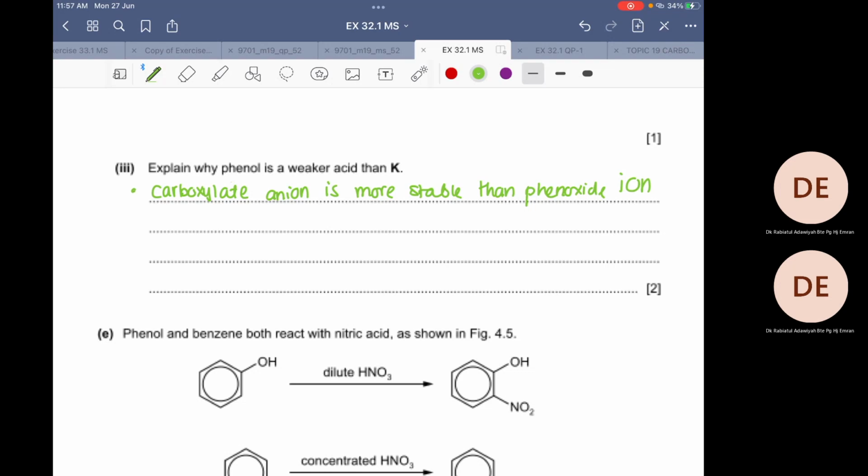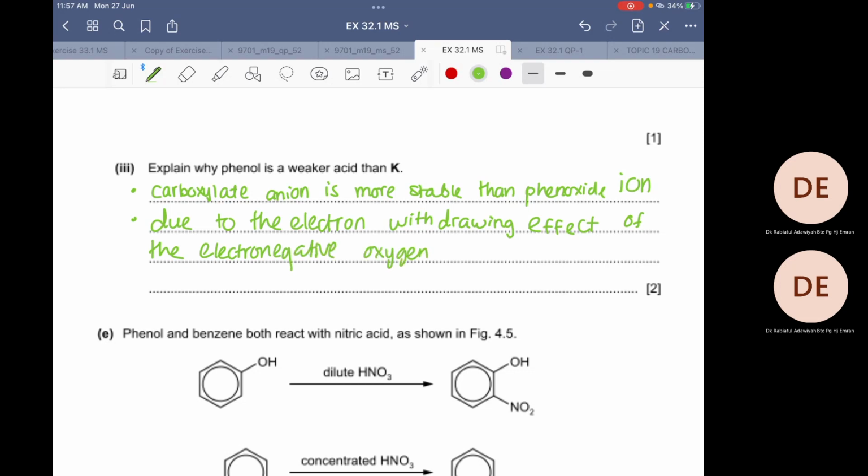Oh, sorry. You need 3 points, okay? Secondly, due to electron withdrawing effect of the electronegative oxygen in C double bond O. And lastly, more H plus being produced